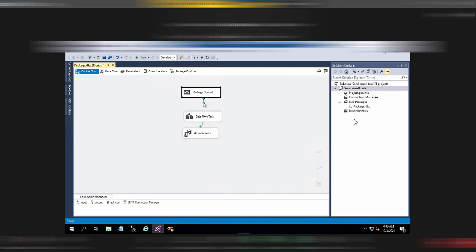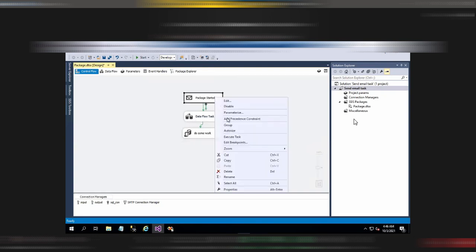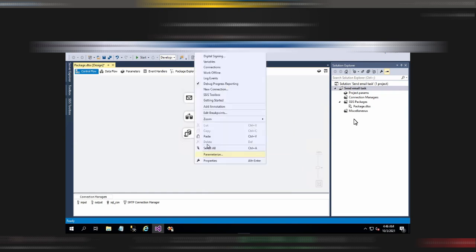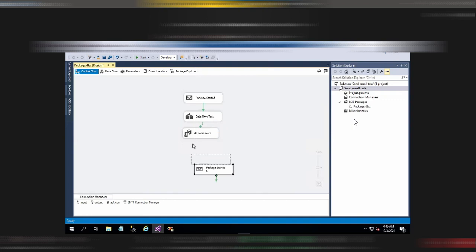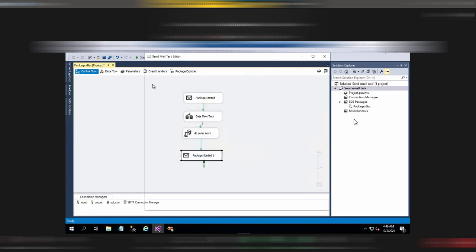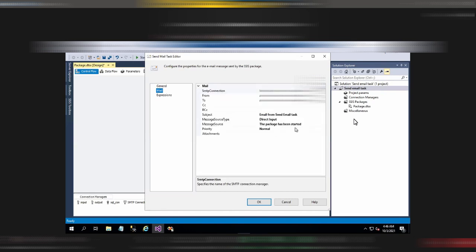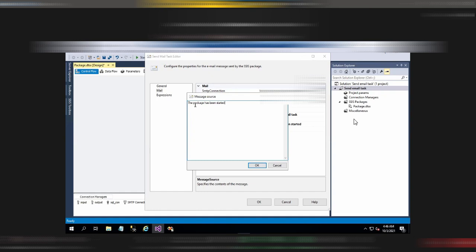So this is for sending the package start notification, and now if you want to send the package end notification, you can just copy and paste the send email task, and then rename the message source. This is also called the message body. So in the message body you can put the package has been completed.